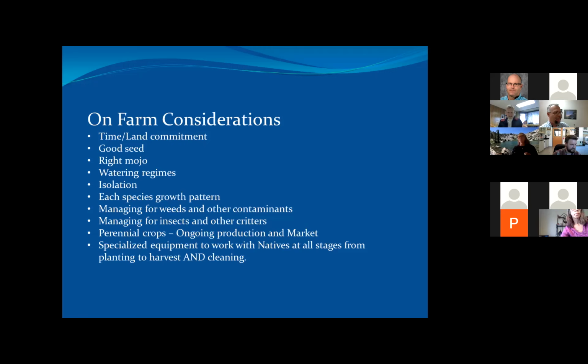So that is a large time commitment just to get something growing, to the point where it may be able to produce something, and a large land commitment. And then when you add in all of those factors about isolation, et cetera, this is not just a one-off choice and a one-off commitment. It's going to have impacts on everything else we can choose around it for quite a while to come.